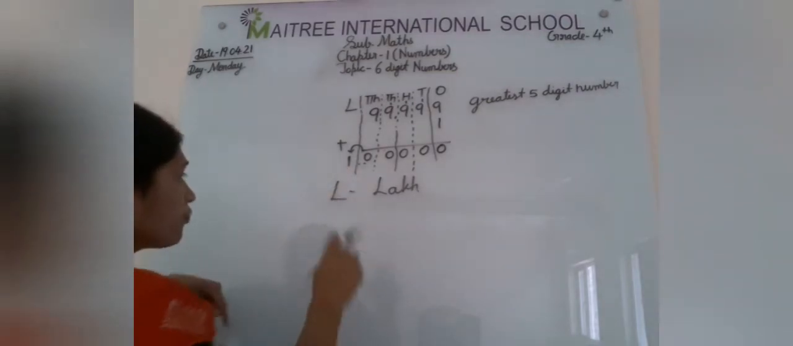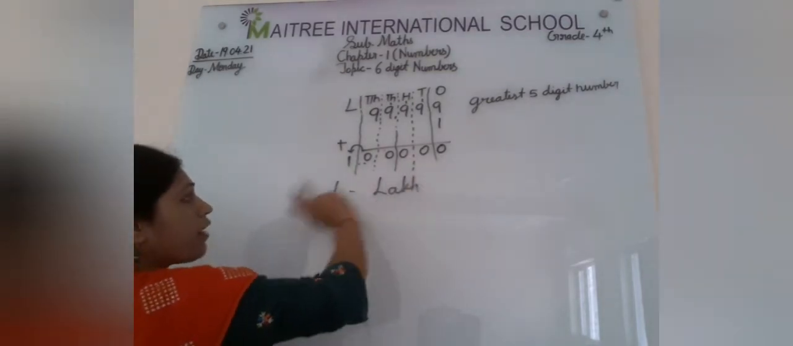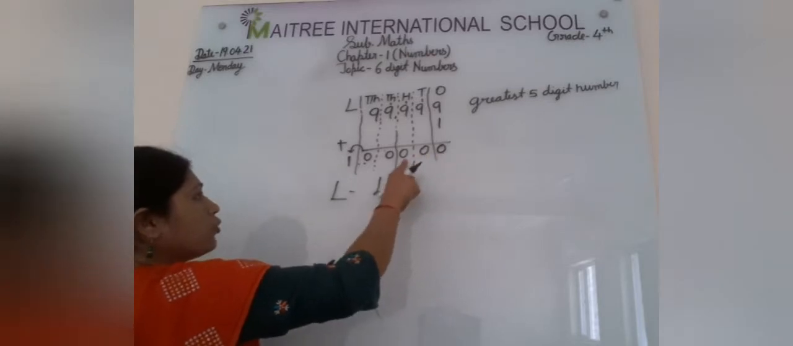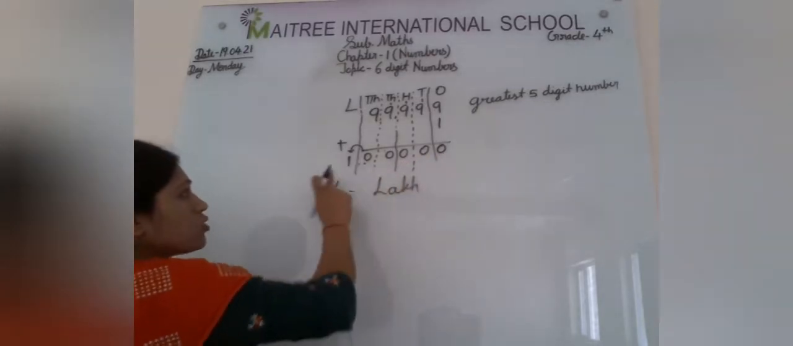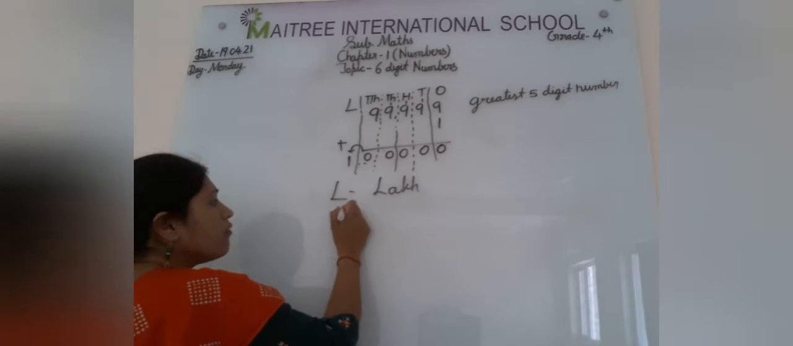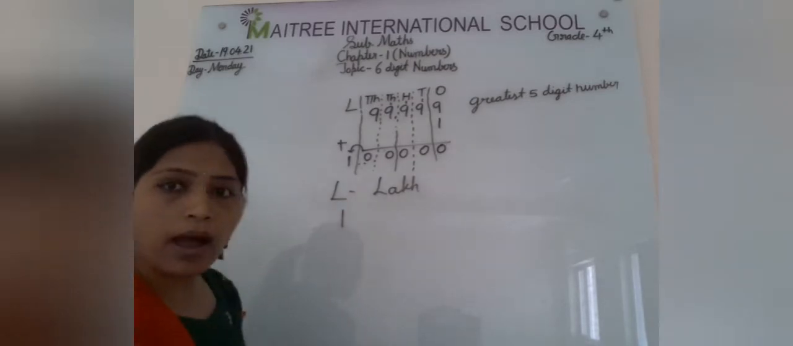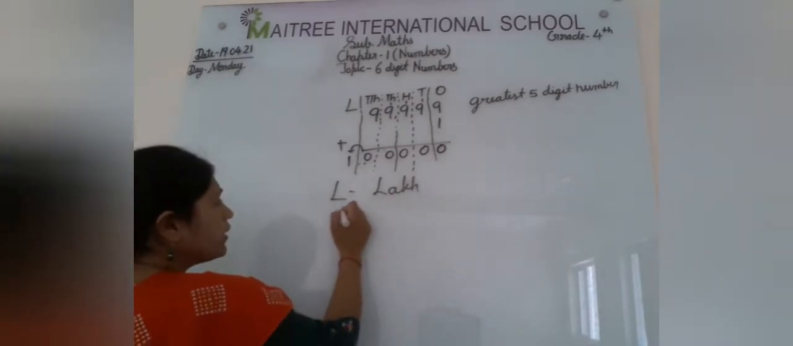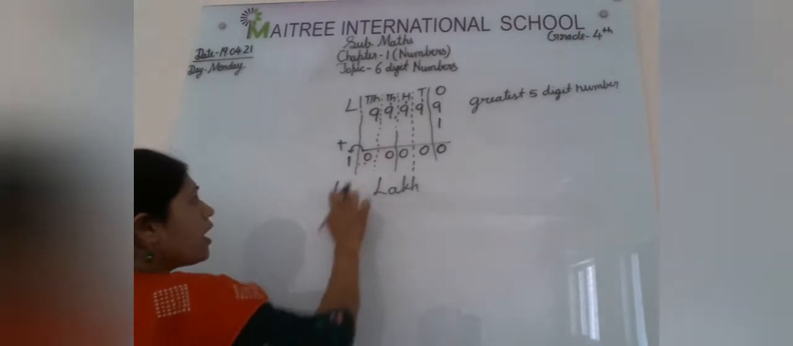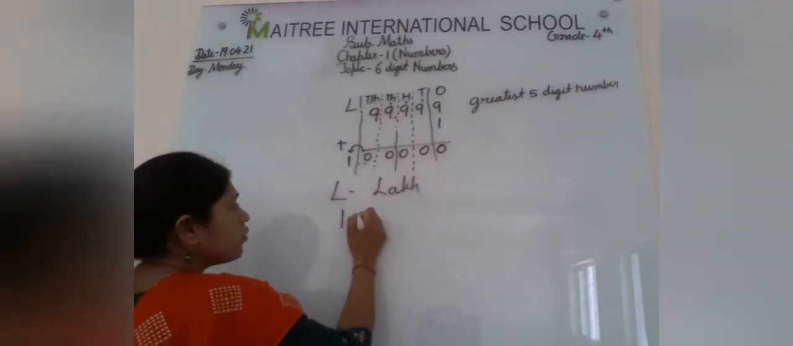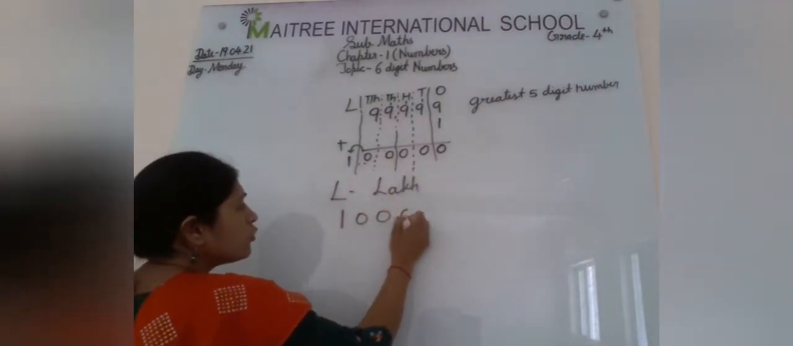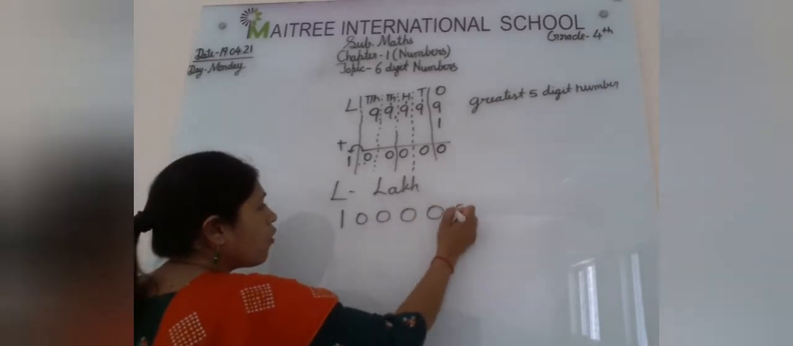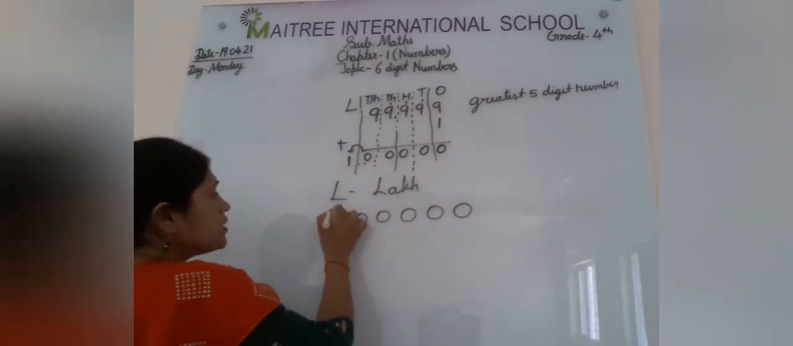Now here we have 6 digits. Let's count 1, 2, 3, 4, 5, 6. So what is the 6-digit number? 1 is followed by 5 zeros. 1 is here and followed by 5 zeros: 1, 2, 3, 4, 5. So this is